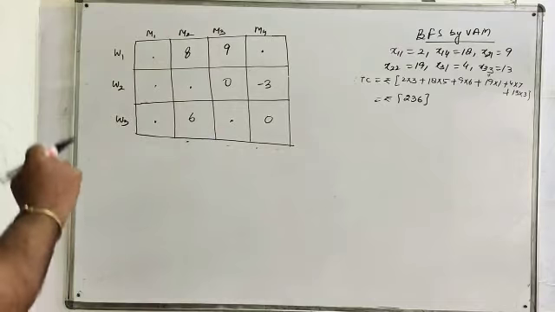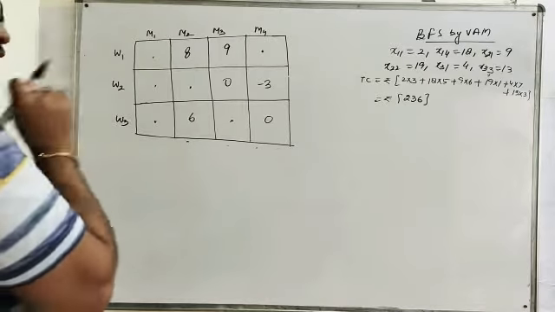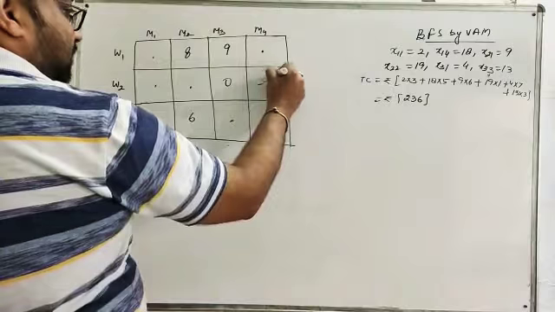Now we have to put plus theta to the element which is most negative, that is at -3, and